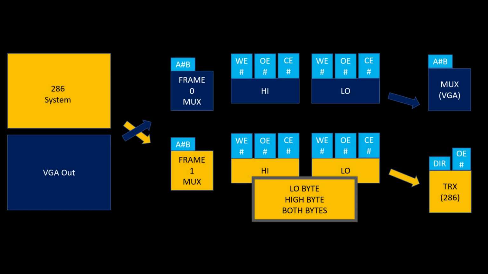In my last video, I spent a little bit of time just sharing my thoughts about how I'm going to work through the different decode logic so that both my 286 and my VGA output can access the appropriate memory. And I've been organizing that memory into a frame 0 and frame 1. And up to this point, if I go to my schematic for a second